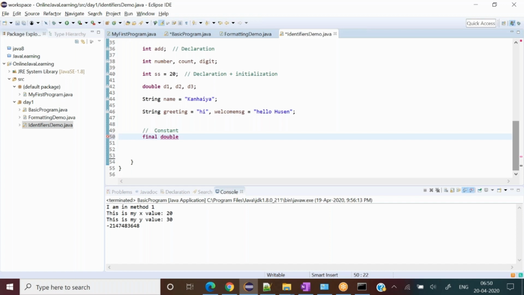So I don't have to explain what is final for now. However, I'll be discussing final in greater detail. A lot of concepts are hidden behind this, but we will discuss it when time comes. So let's say pi value in mathematics, it always is 3.14, right? So no one can change it. So such type of value should be declared as final. One good to follow practice is the constant is always defined in capital letter only, not camel case. So see, I have written P and I both in capital letters.